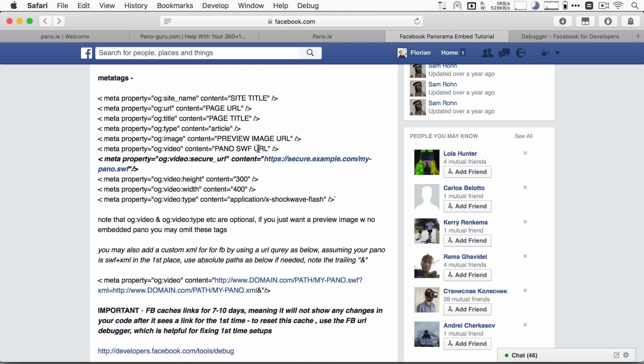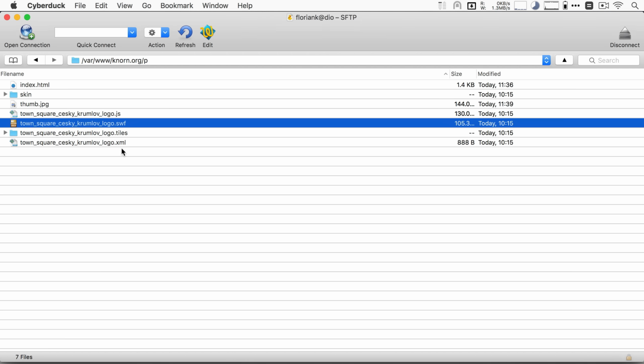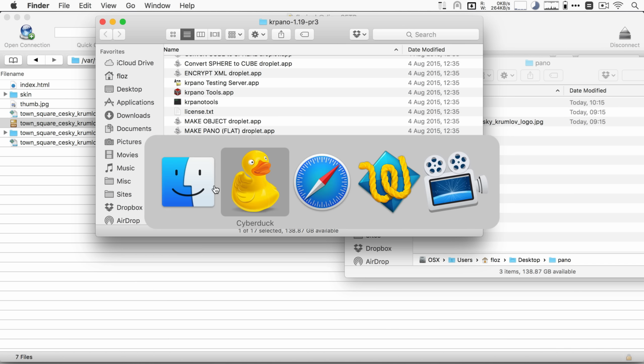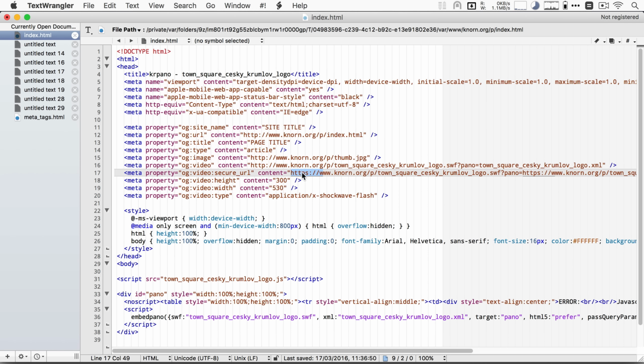So what you need to do, though, for Facebook is that you need to point it to a Shockwave Flash file. Otherwise, this is not going to work. Now, there is a way to configure Pano to embed everything, including the image matter and everything in the single SVF file, but I haven't done this, and it doesn't do it by default when you use one of those droplets. So what you need to do is not only point your address to the Shockwave Flash file, but that